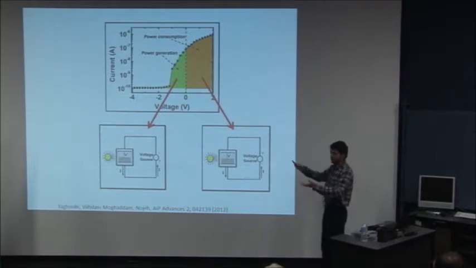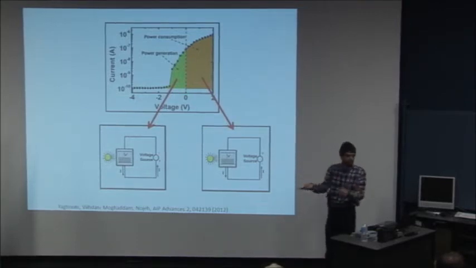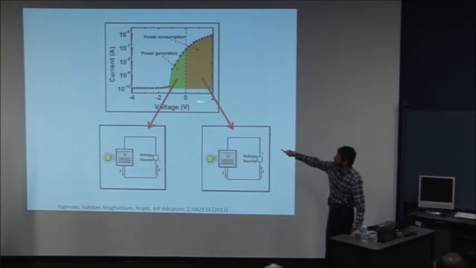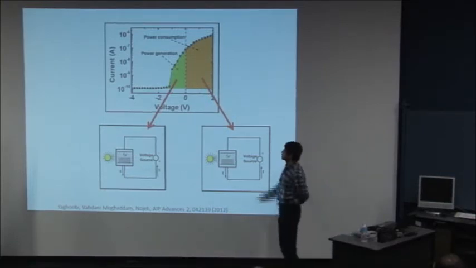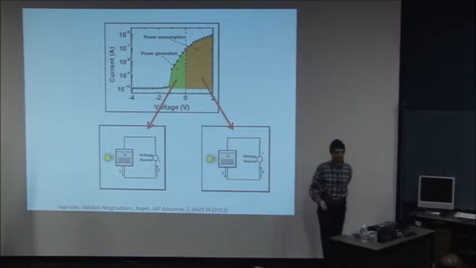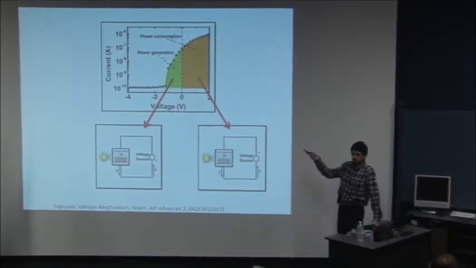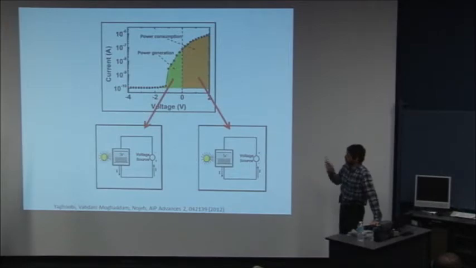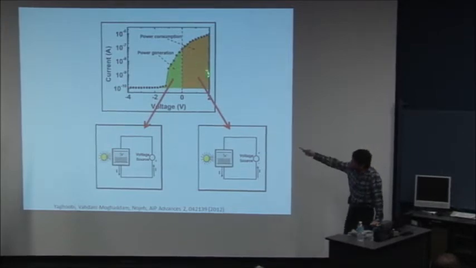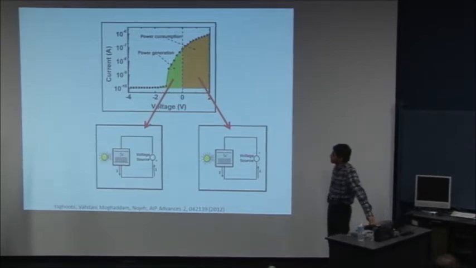And this curve, if you want, is very similar to what you see in a photovoltaic device, right? Usually you plot that in this fourth quadrant. In our case, we plot it in the second quadrant. But it's the power generation regime. So this is actually generating power under sunlight, and it's working. So here's just an electron source, but here's really a solar cell, if you want, a power generator.